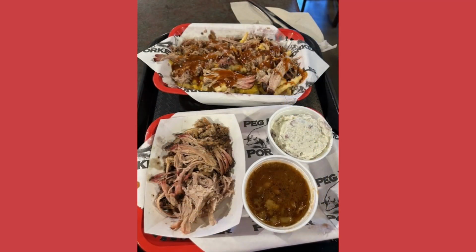So that's what I got. I got the pulled pork with beans with burnt ends, and they have really, really good potato salad. So pro tip, order that and go to Nashville. So then, after the Peg Leg Porker,